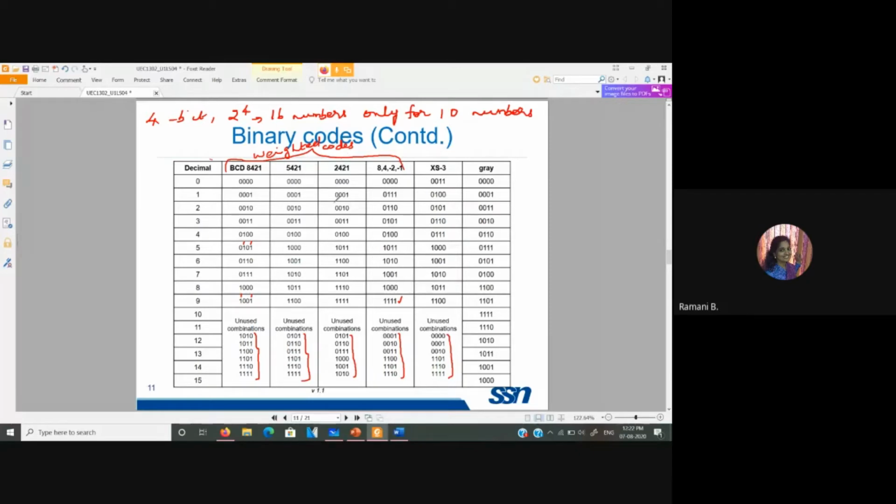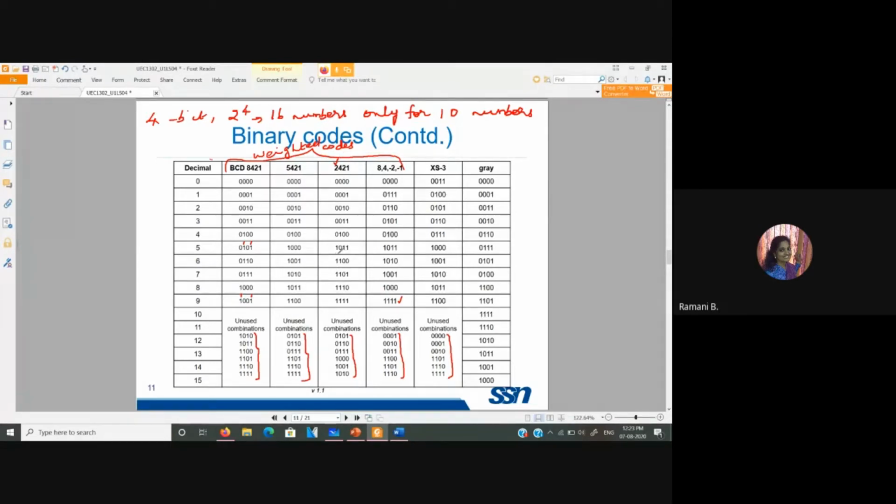And in a similar way for 2421 code, if I need to represent 7, the combination here from 0 to 4 is the same as that of 8421. After that, the priority is given to the most significant 2, that is, this 2 is given priority. So based on that, the numbers are written.